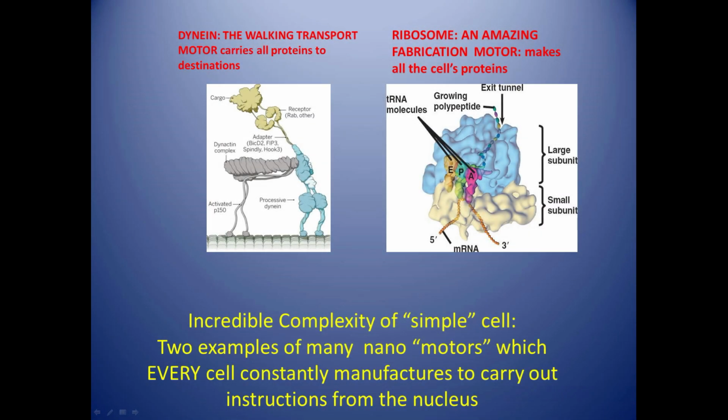These are some of my favorite cellular devices which must be present for any cell to work. If the dynein on the left were 6 feet tall, the cell would be 30 miles across, and it would have to carry its protein package 10 miles or so on special roadways within 15 minutes, or the cell would take it apart. The ribosome on the right reads messages from the DNA in the nucleus and makes needed protein, one of 20,000 or so, which the dynein then transports.